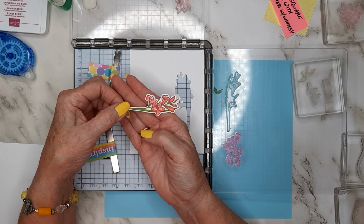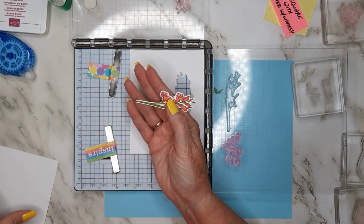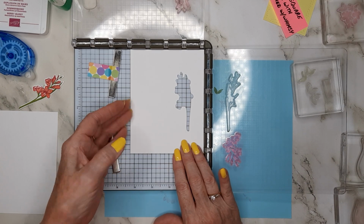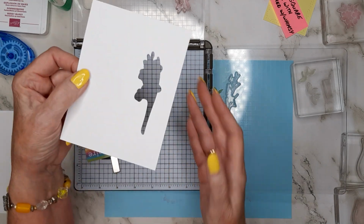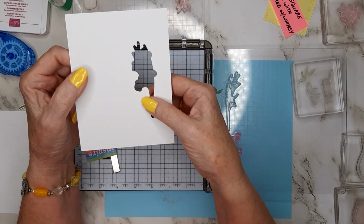And then when I went to die cut it, this whole thing was crooked. So I had wasted all that time. So here's a little tip. I'm going to try to save you from going through what I did. If you'll die cut that piece out of a piece of basic white,